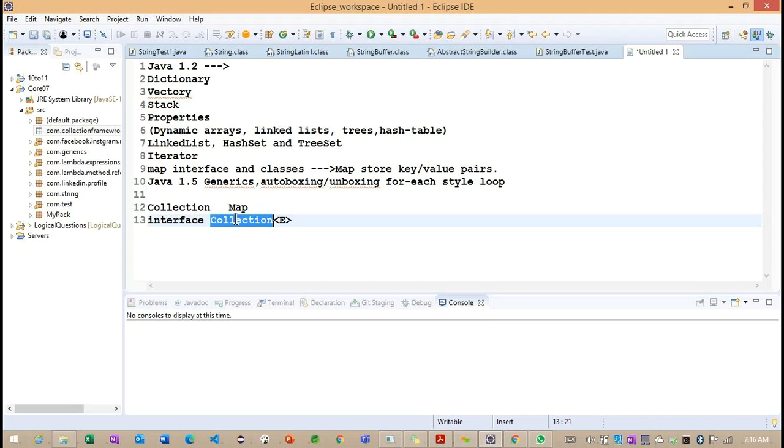The collection interface will have some methods. We'll try to understand how each and every method is going to work.